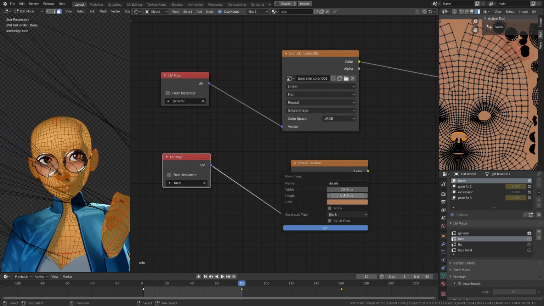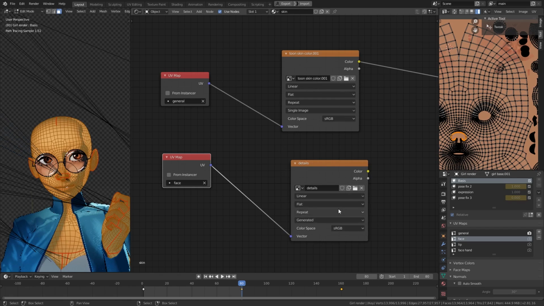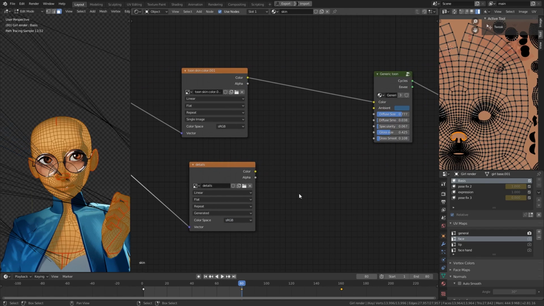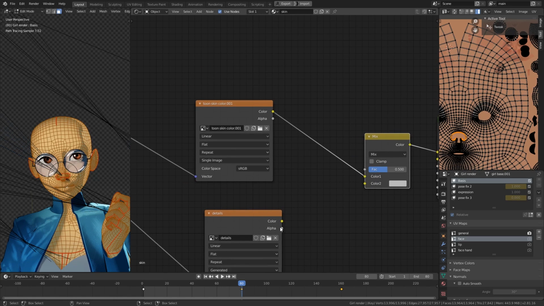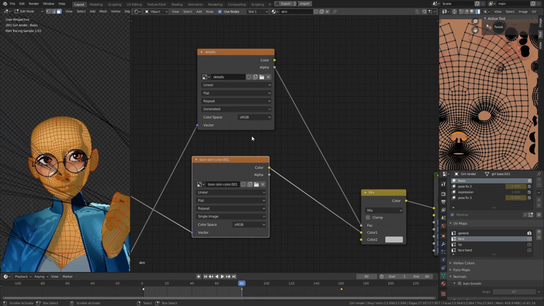There we go. And maybe 2K this time is okay. And turn on alpha and set the alpha to 0. Set everything to 0 like so. And okay. Use sRGB and create a color mix RGB and connect the alpha to the vector and connect the color to color 2,